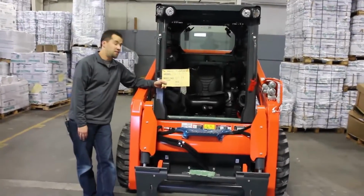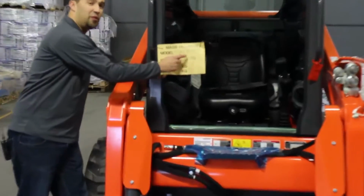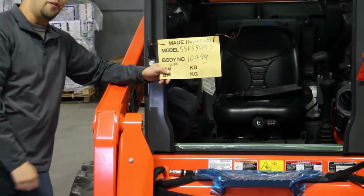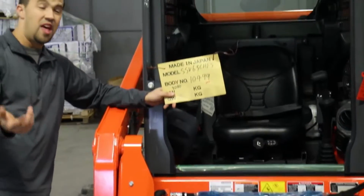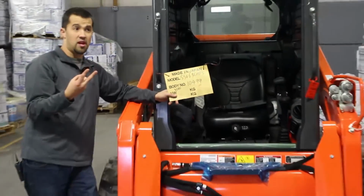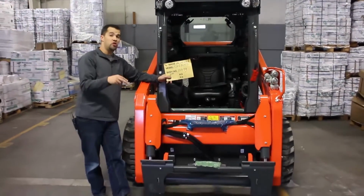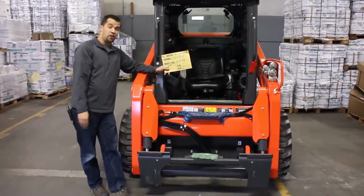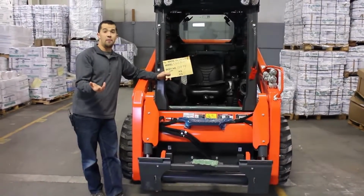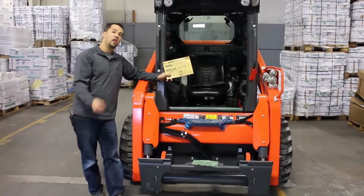You notice here in our SSV65 it comes fitted with this little tag here in the front from the factory. This particular machine is made in Japan. Oddly enough, the SSV75 is actually being made here in the US. So Kubota at this point has two assembly lines that are going to be running these machines, one in Japan and one down in Georgia. So right now the SSV75 production line is being ramped up at KMA, Kubota Manufacturing of America, located down in